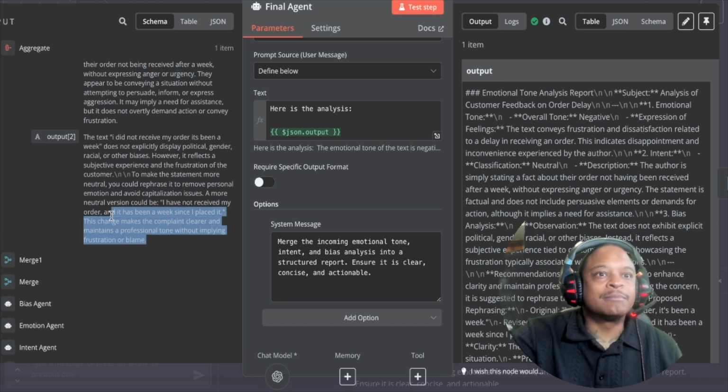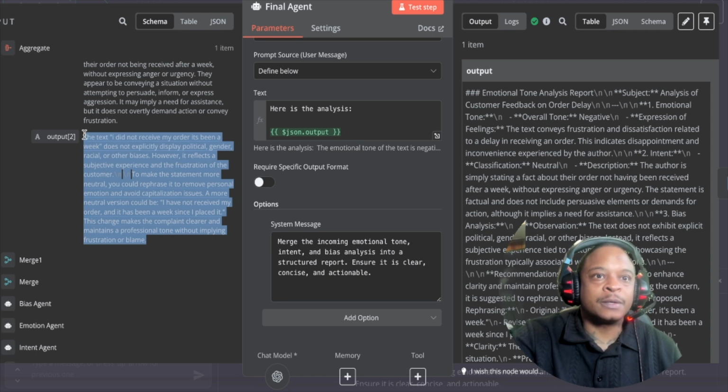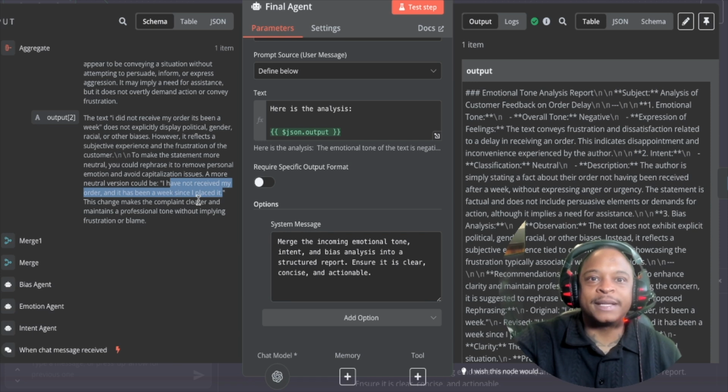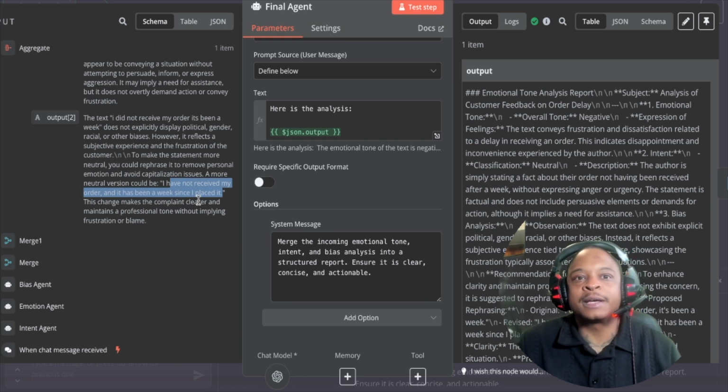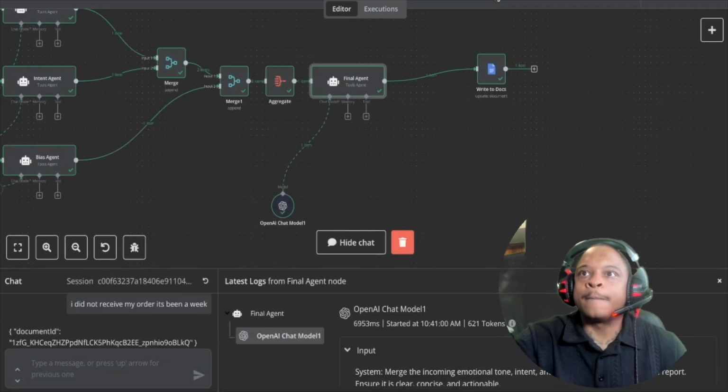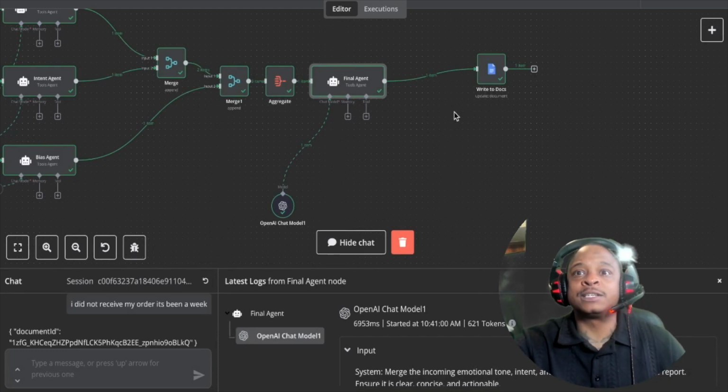So that's probably the most professional answer of a client. I have not received my order, and it has been a week since I placed it. Shipping time could be 2 weeks for that specific product. But sometimes understanding the sentiment behind that customer, based on their responses to you and your AI agents, so that